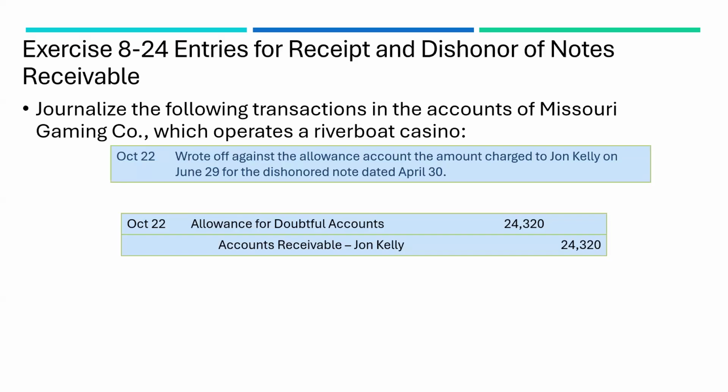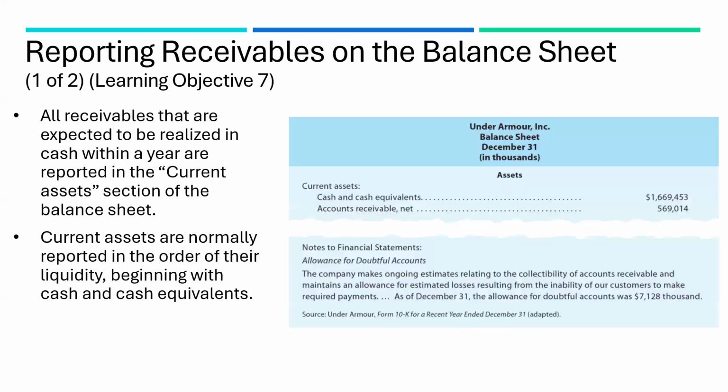And so now we're going to go over some of the reporting of receivables on the balance sheet. Accounts receivable is a current asset, and all receivables expected to be collected within a year are recorded in the current assets section of the balance sheet. If we had a note receivable that was longer than a year, we'd record whatever